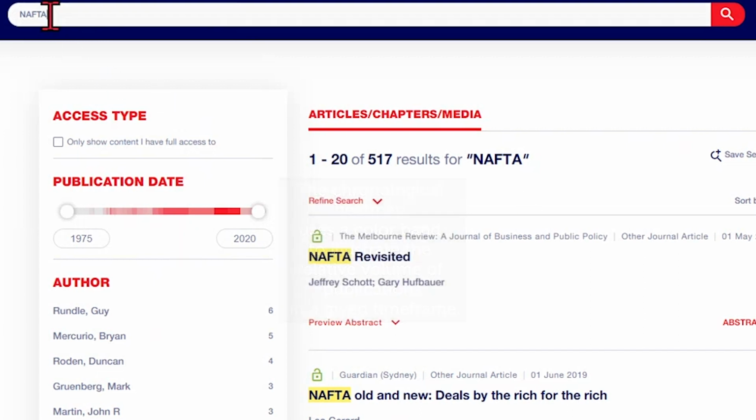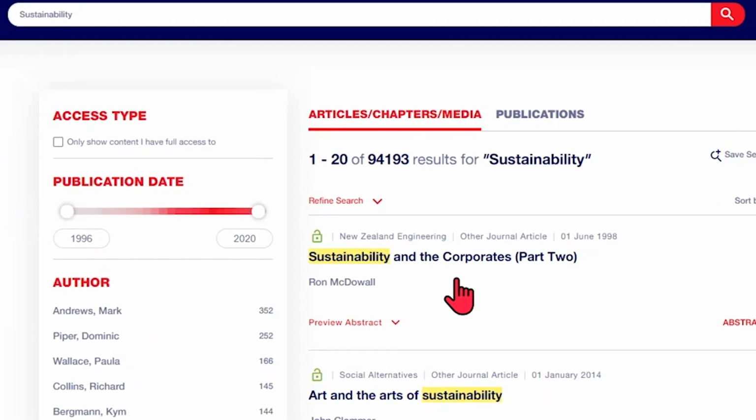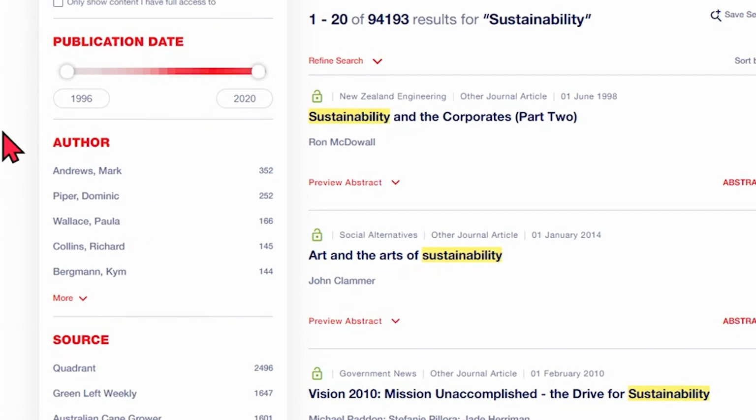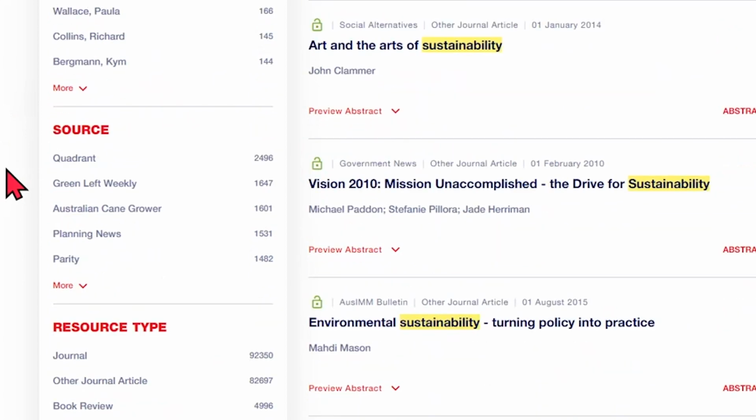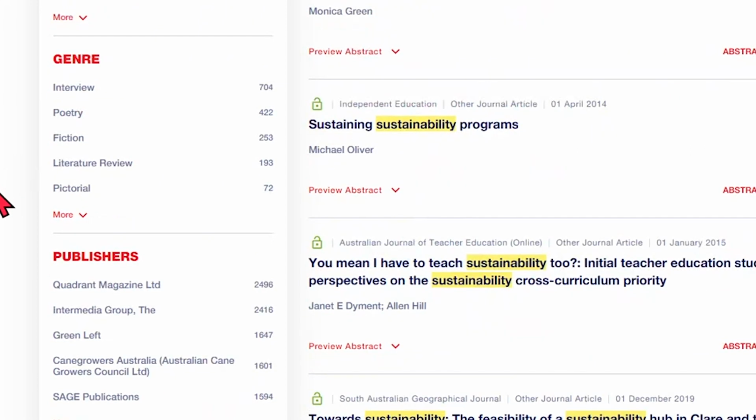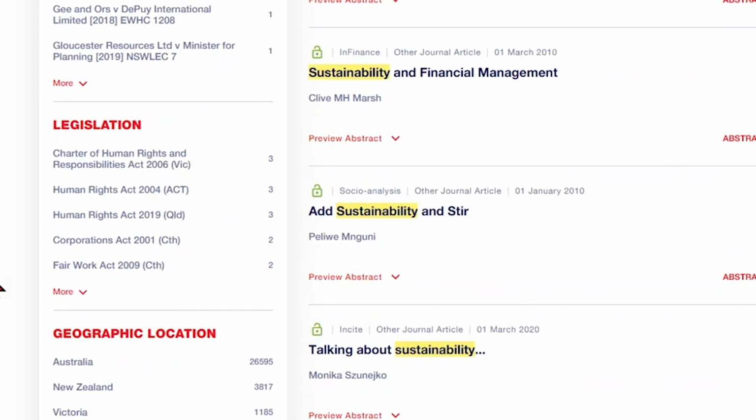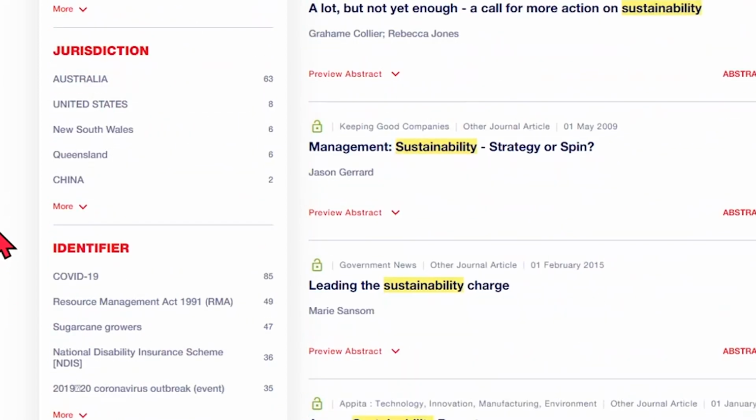So now that we have seen the heat map, let us go back to our search, sustainability, and continue to explore the actual facets. So if we go down slowly, you will see the different facets. So we have already talked about access type and publication date. We have things like author, source, resource type, limit to, products, genre, publishers, subject, legal cases, legislation, geographic location, jurisdiction,